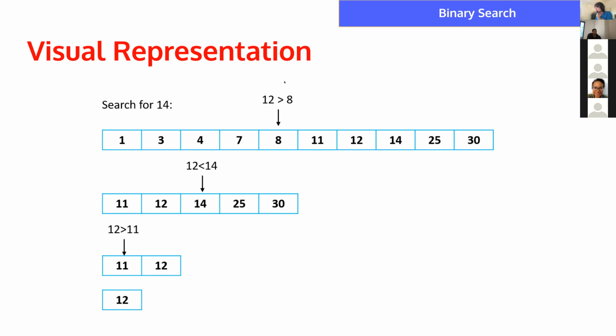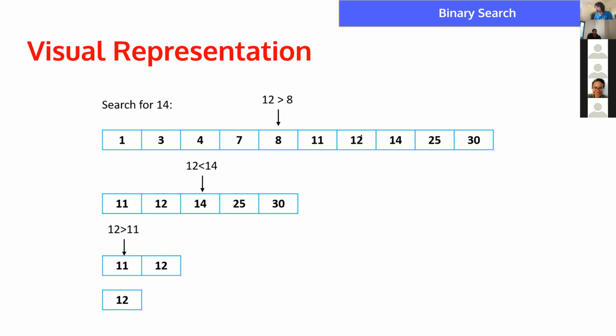can do is we can actually start out by going straight to the middle. Because the assumption is that by going straight to the middle rather than from the start or end, we'll have a better idea of figuring out which side of this list we actually need to focus on. We don't need to focus on the entire list, because once we look at the middle and we see 8, and we know we're looking for 14, which is higher than 8, we can actually just say, it actually looks like it's searching for 12, even though it says 14. So sorry, this is searching for 12, but either way, we know 12 is greater than 8. So that means we only need to deal with the numbers to the right of it, because those are all